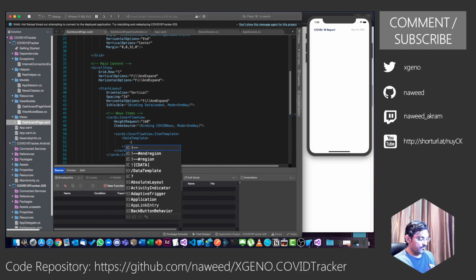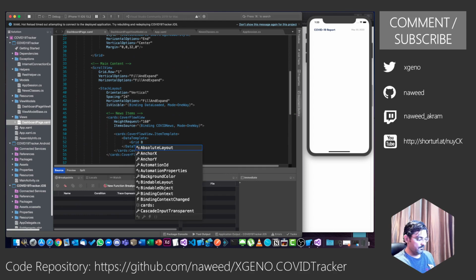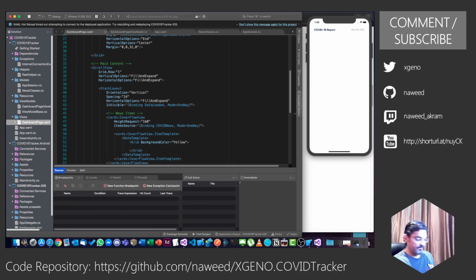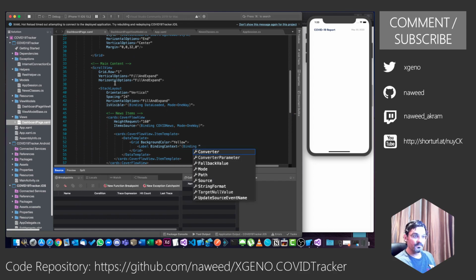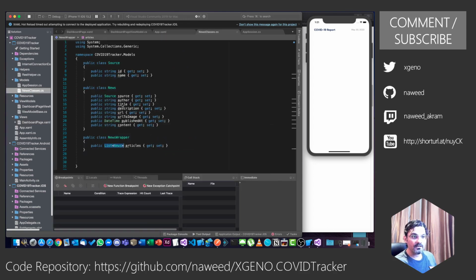I am just going to put a grid, maybe grid background color equals to yellow for now, and inside this I'm going to have a label, and I'm going to display the news headline, binding. And what is our property for the news headline? Title.